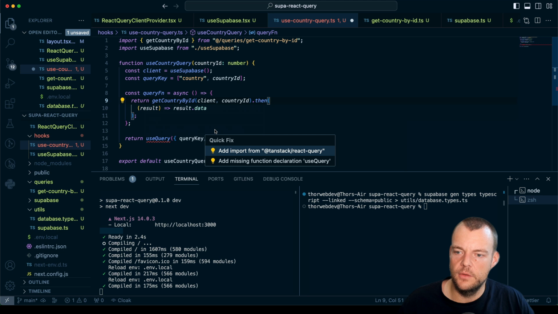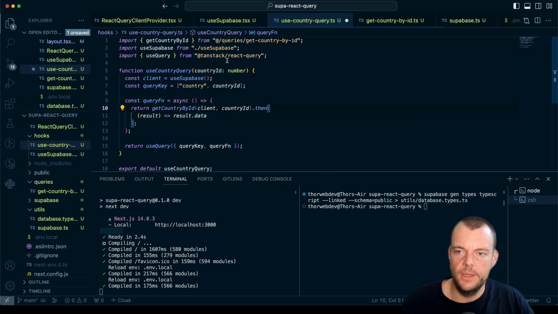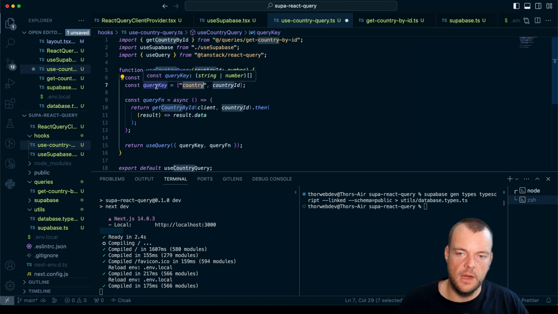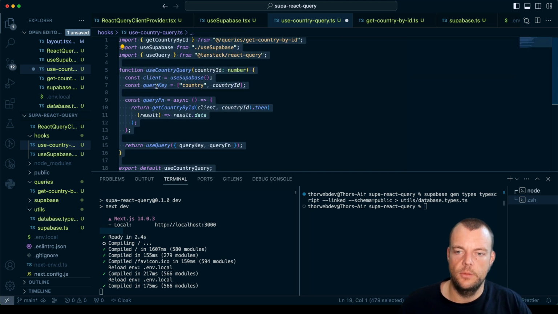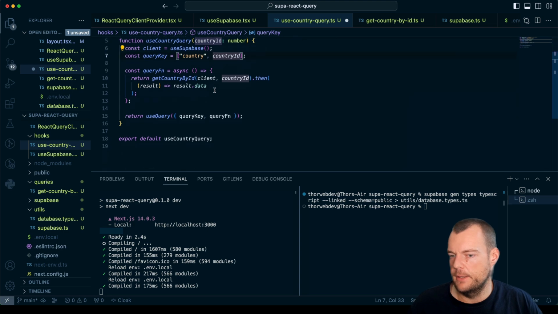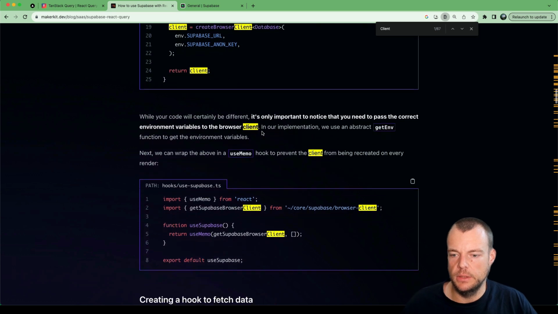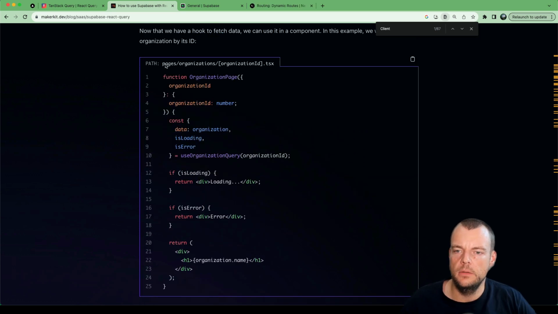And then use query here is coming from React query. So that is using our query. And then our query key is basically here kind of put together by, we're saying basically countries and the country ID. So this is kind of used for the caching and kind of the revalidating, things like that. You need to specify the query key. Yeah. And so now we should be able to kind of use this. Okay, and so now we'll create a new page and then kind of use the query in